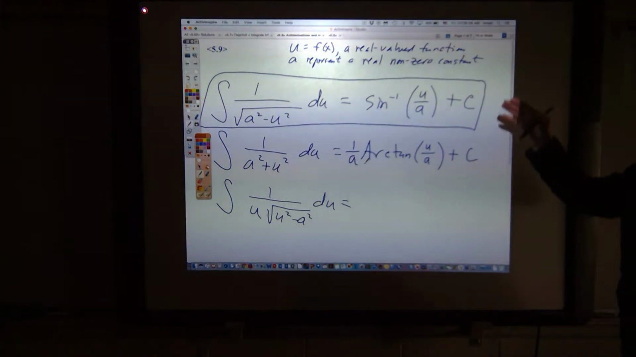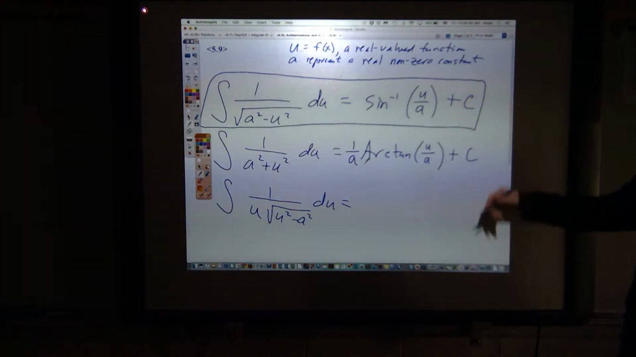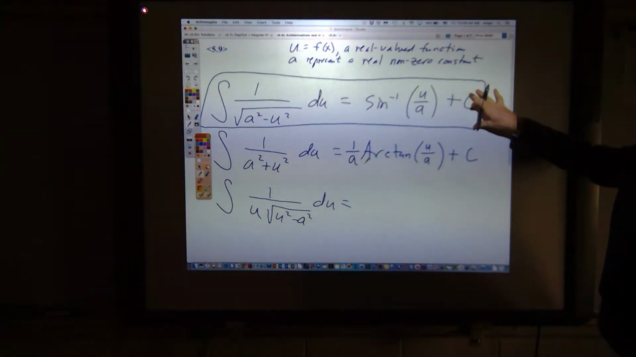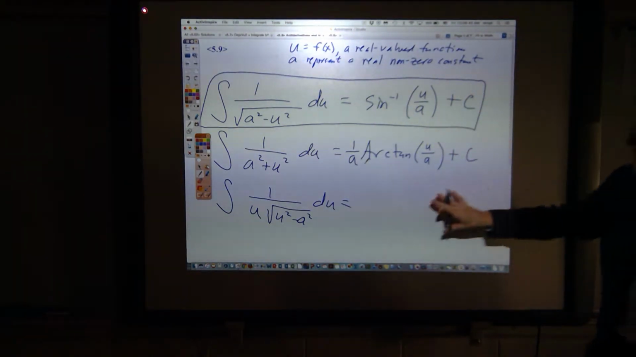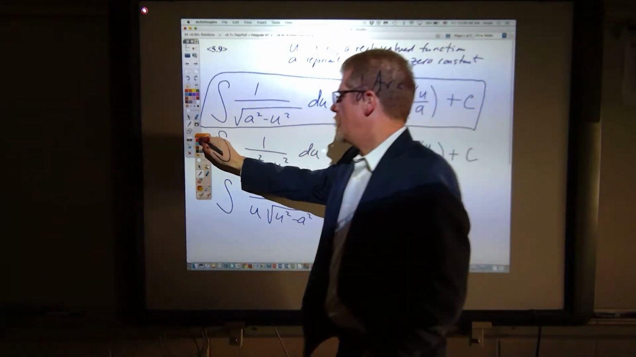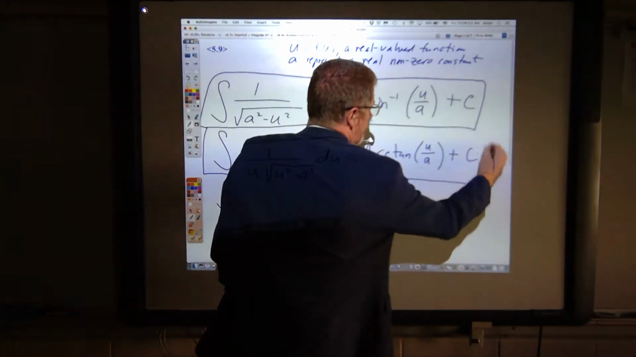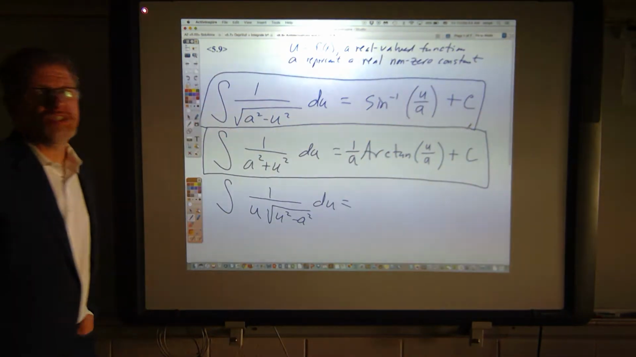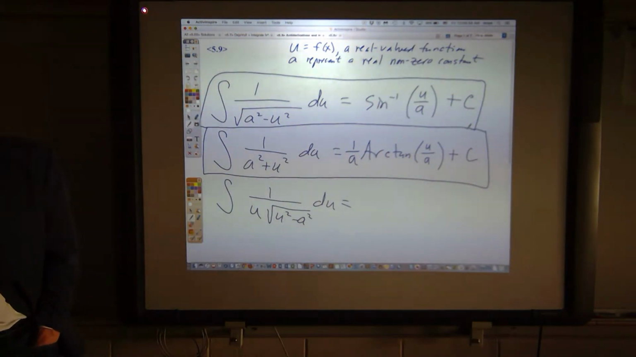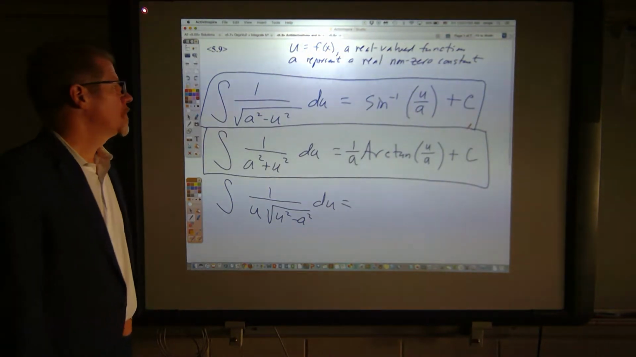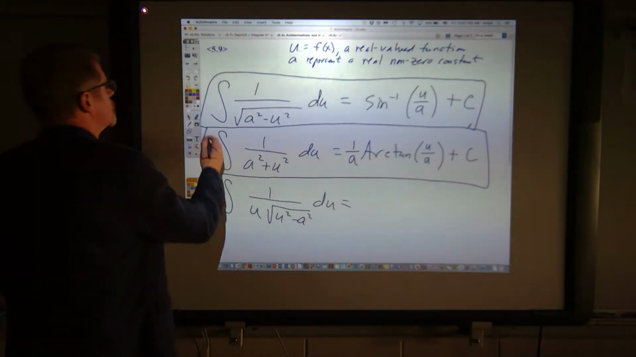So we're going to be going from easy to hard. Sine inverse is the easiest one to remember. Tangent inverse has one additional piece, and then secant inverse is going to have one additional piece beyond that. 2 down, 1 to go. Any questions on what just happened? Okay, let's now go to,